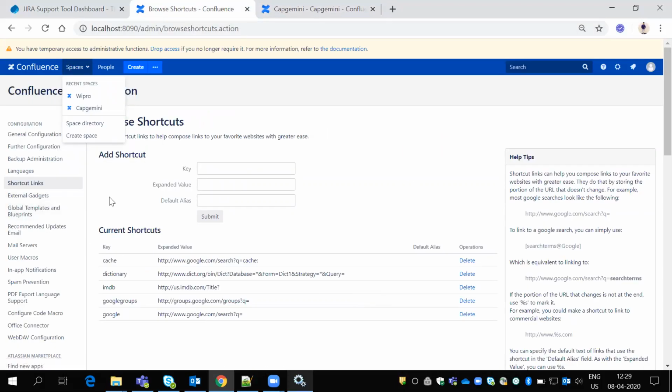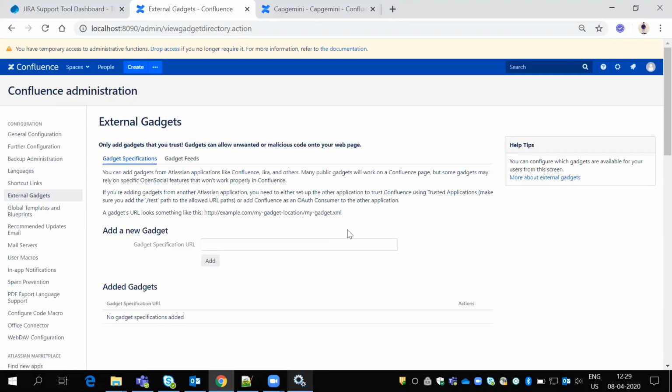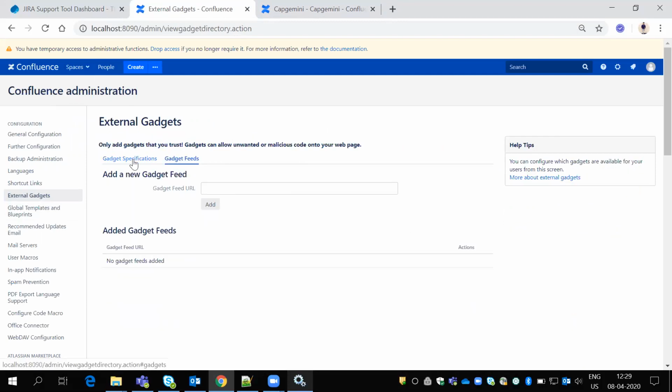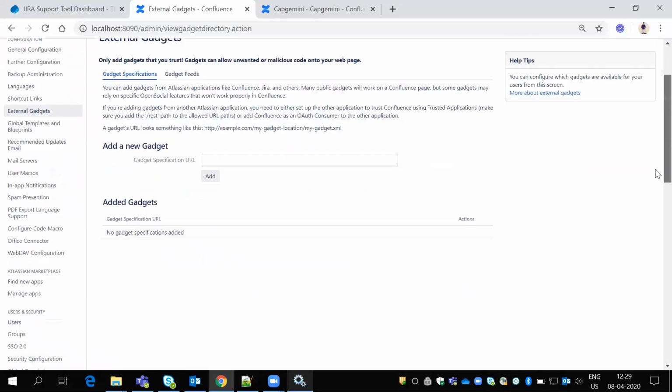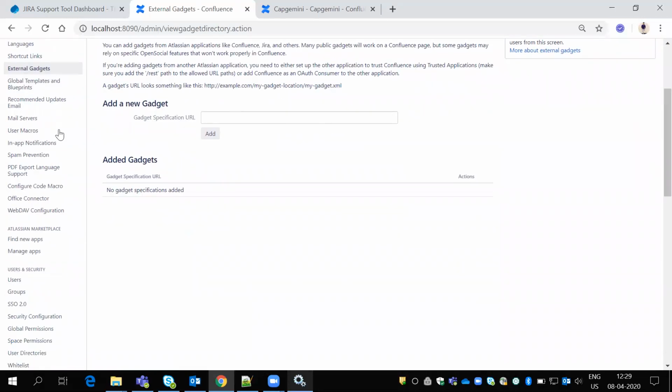Next, external gadgets. We can get a gadget feed from a URL. If you get any gadget from anywhere, we get that option here. But mostly we will not use all this stuff in Confluence. We have only major requirement things here, like the mail server.